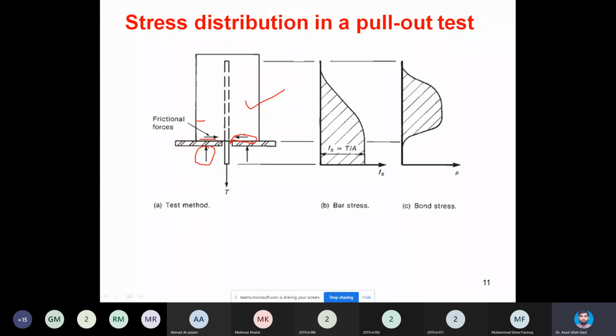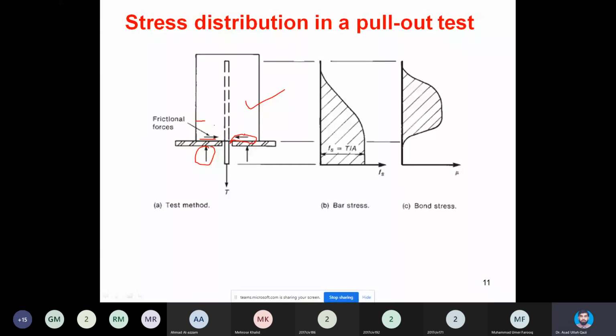So friction at the interface will restrain the lateral expansion or dilation. The compression will restrict opening up of the cracks. In reality, when you have a bar in a beam, the bar is in tension and the concrete surrounding the bar is also in tension. So that is the reality in beam elements. However, in this test setup, we have a different environment surrounding the bar. So the bar is enjoying a good strength of concrete around it because concrete is in compression